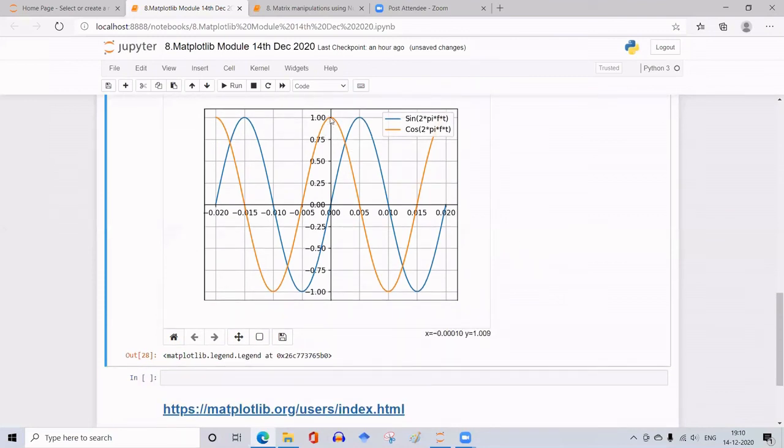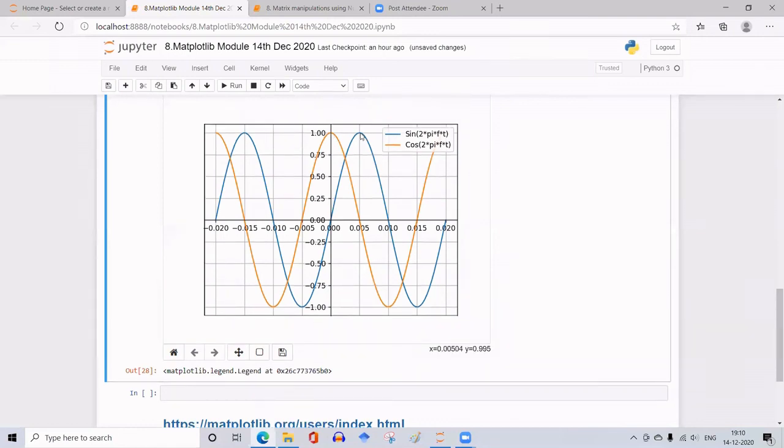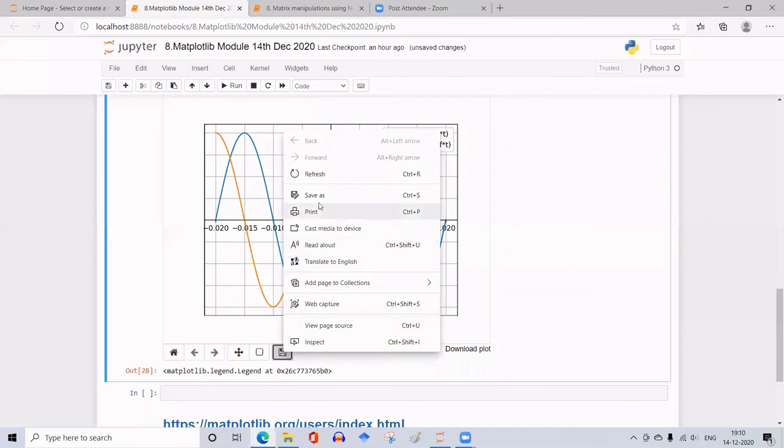So value is 1 at x equal to 0. And this value is 1 at x equal to 5 milliseconds. Okay. And you see the legend here. The blue one is sine of 2 pi f t and the orange one is cos of 2 pi f t. And you can even download and save the image. You can download image as, save it as, okay, making use of this function.